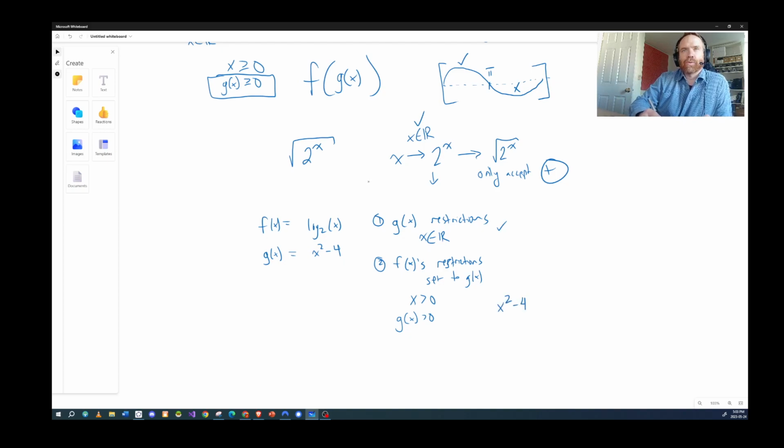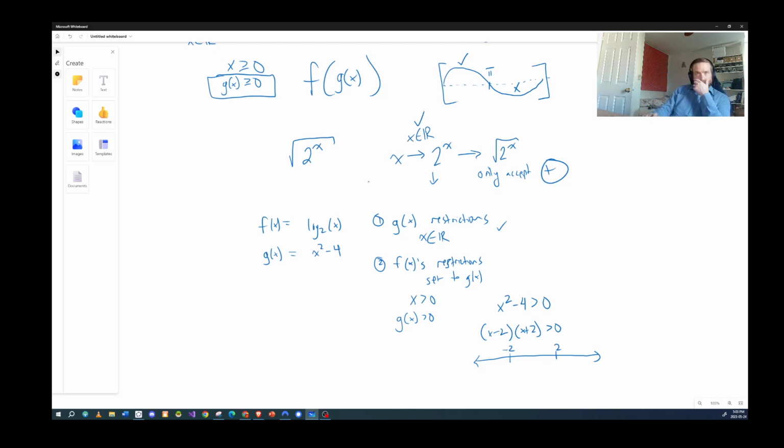Replace g of x with this, right? And solve the inequality. Now we know how to solve the inequality. You let one side be 0 and factor the other side. So x minus 2 and x plus 2 greater than 0. And that tells us on our number line that there's an issue at negative 2 and there's an issue at